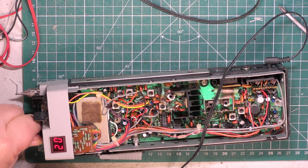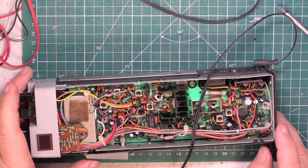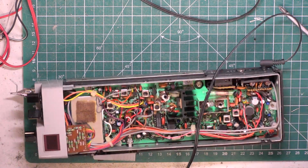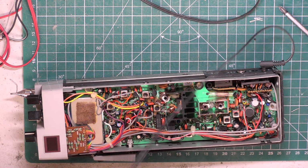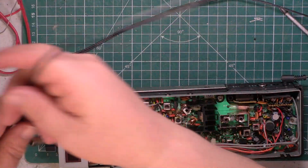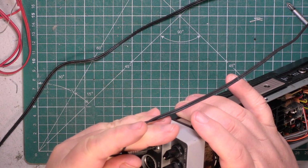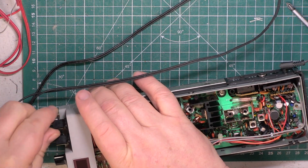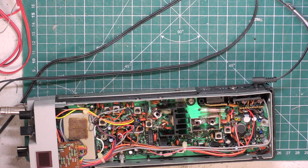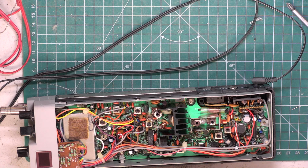So as he says, the child display lights up. It goes out after 2 seconds, as it's supposed to. Press the little black button there, and it's supposed to come back on, but for some reason it doesn't. There could be a wire off. So he says there's no receive, no transmit. So we'll plug the test equipment into the extension speaker socket. So we have that, and we will plug the test set into the external